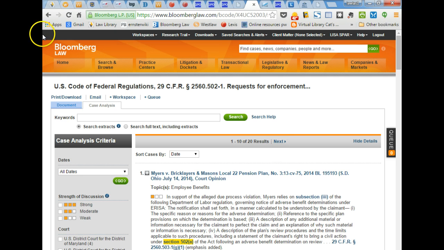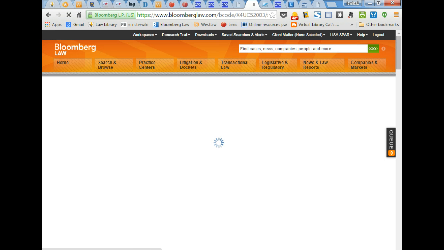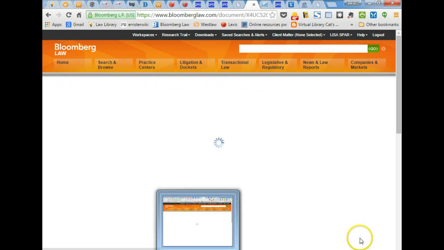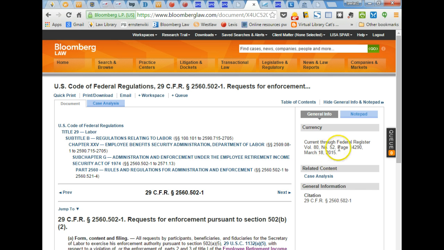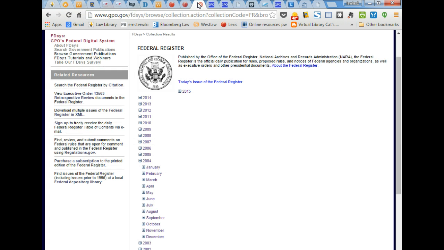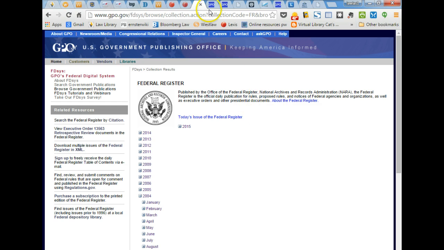And let's see, Bloomberg. Current through March 18th, so Bloomberg's only a day behind. So that's really easy, updating, although Lexis is a week old, so you might want to poke around in the Federal Register. Maybe that's an example of when you would want to search the Federal Register on Lexis. Go into the Federal Register and search for whatever your section is or your issue is, and limit it to the last week. However, if you're looking at GPO, and this is why,